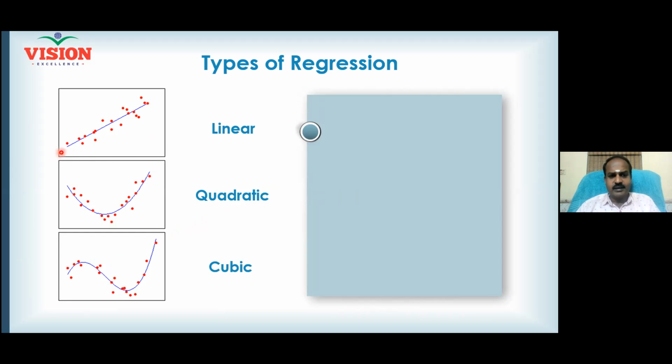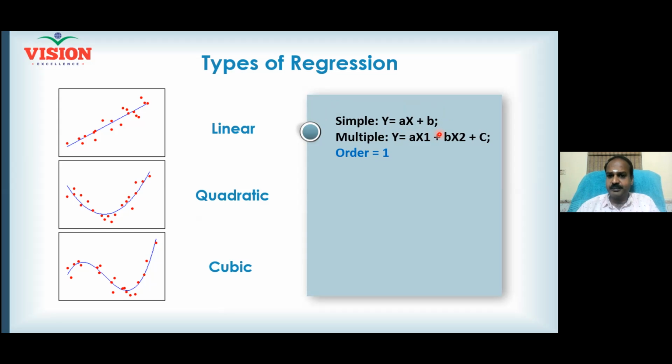See here, now the points are arranged in a specific pattern, and the pattern is more or less like a straight line. So now a linear model will be a best fit. You can now consider a linear model to frame your equation. You know what is a linear model? The equation will be like this: y equal to ax plus b. Hope all of you have studied this, right? In your schooling itself. We could have studied it as y equal to mx plus c. Am I right? Y equal to mx plus c.